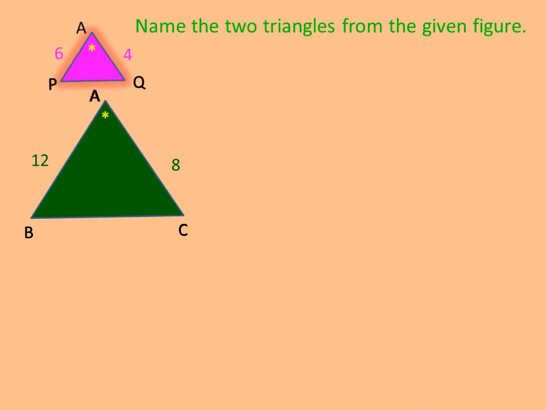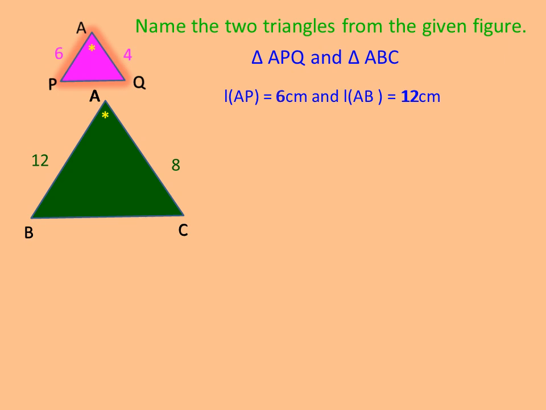We are separating it out also. It can be two separate triangles given to you, or it can be given to you one inside the other. Why? Because they have one vertex common between them. A and A are common between them. So if you search for the one-to-one correspondence, A vertex of both the triangles are corresponding to each other, then P corresponds to B and Q corresponds to C.